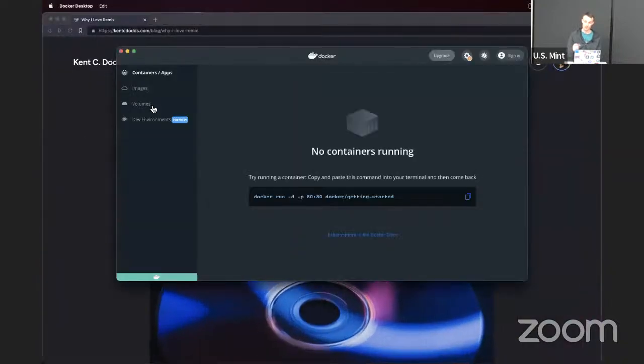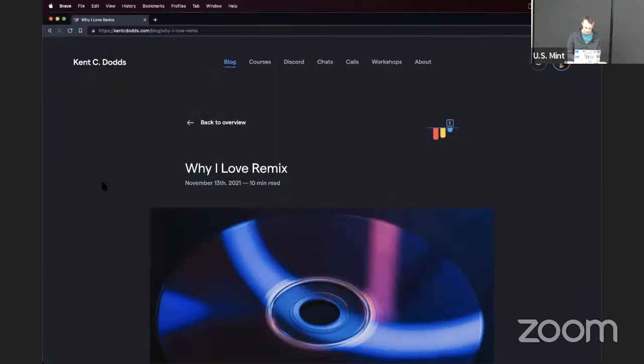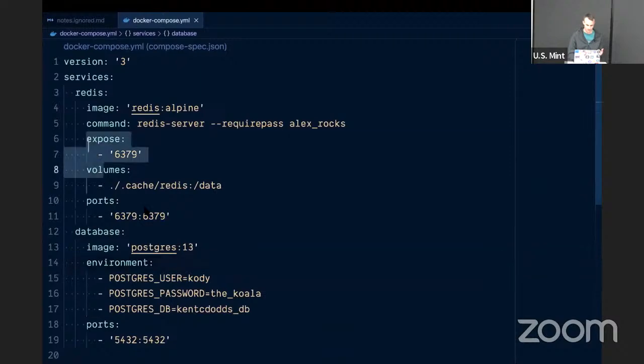It's coming, but that way I can manage my Docker images and everything without having to run any Docker scripts, which is really nice. So if you, like me, are freaked out about Docker, then the desktop app is actually, I mean, it's not amazing, but I've got Redis and a Postgres database running right now. That's cool. And then you just expose different ports and make it all work. It's cool. So I have a way to connect to my database locally.